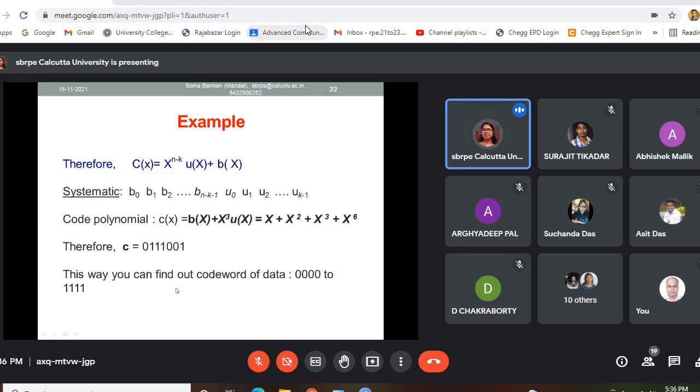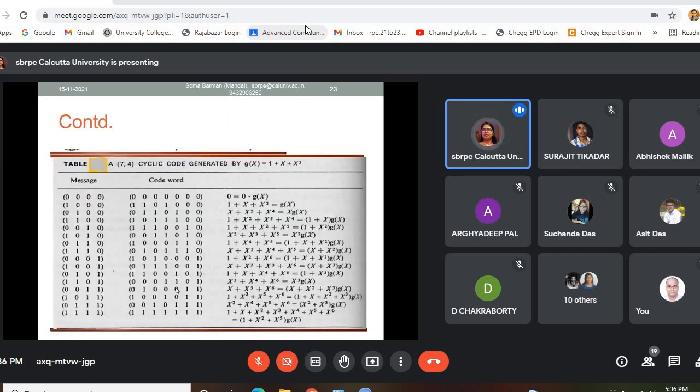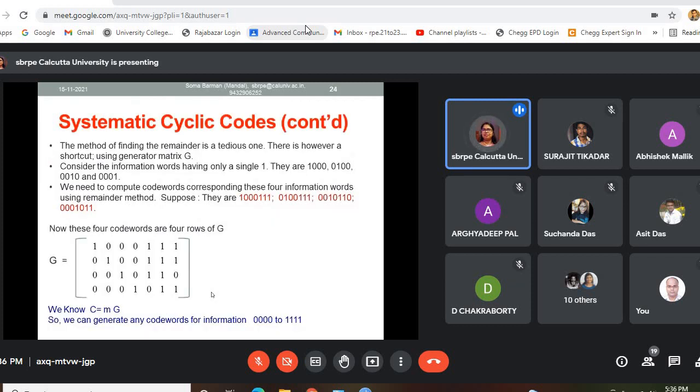For the systematic generation of the cyclic code, this job is very tedious. So this table shows how it is generated. That means for each code word, suppose it is 0 0 0 0, it is not a problem, but for 0 0 0 1,